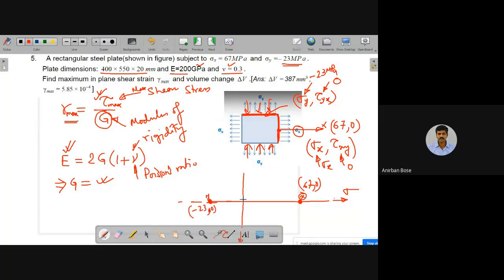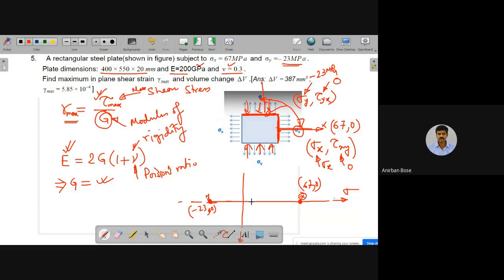So now if you draw the Mohr circle, we know the x plane and y plane. What is the angle between these two planes? The angle between these two planes in the original element is 90 degrees, and we know that in the Mohr circle it is just double of that. So they are basically diametrically opposite in a circle, which means the angle between them is 180 degrees. So it is a diameter.